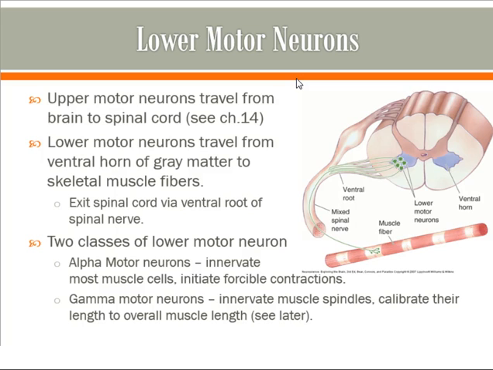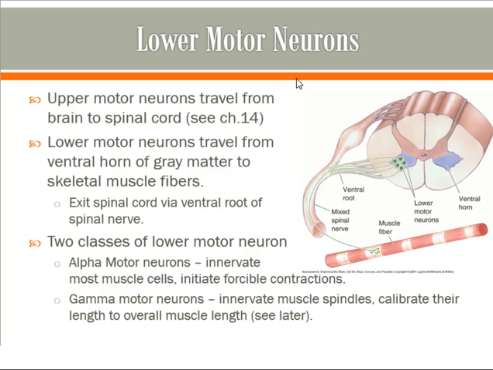They would travel down ventral or lateral tracts, and we'll talk about some of the specific tracts these travel within. But the axons will then enter into the gray matter, and they'll go into the ventral horn of the gray matter, which is where all the lower motor neurons are found. So the idea is that your upper motor neurons send impulses down to the lower motor neurons. They form synaptic connections with these, or at least with interneurons nearby. That ultimately causes the lower motor neurons, which are housed here in the ventral horn of the gray matter, to get stimulated. And as we saw back in chapter 7, the ventral horn of gray matter is entirely composed of these motor neurons.